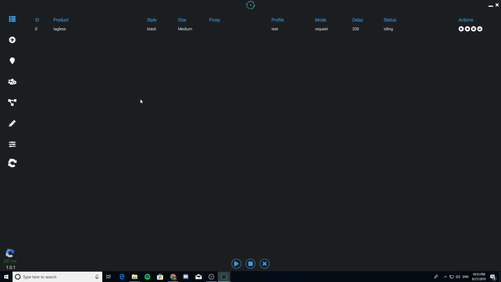encounter CAPTCHA at all. And so if you're familiar with Supreme, you've tried checking out before, you may notice that you sometimes get CAPTCHA, you sometimes do not. And when you're logged into Gmail on the browser, when you're checking out, you oftentimes will not encounter a CAPTCHA. And so this is because when you're logged into Gmail, you oftentimes get this thing called one-click CAPTCHA. This means you do not have to solve one of the CAPTCHA puzzles that you might get sometimes, where you have to click the boxes where the item that it's asking for is contained in, like street signs or taxis